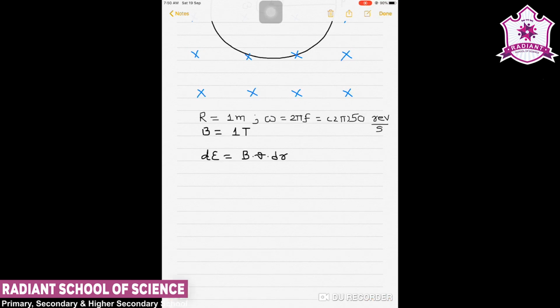So we can say, therefore, integration dE is equal to